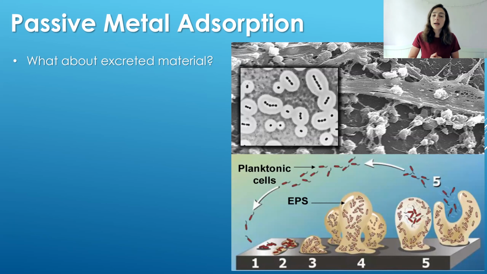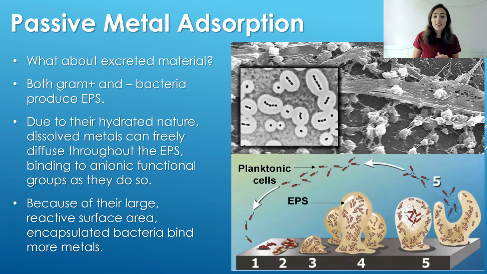But we talked a lot about how bacteria tend to excrete material like EPS, sheaths, and S layers. So how do these excreted materials help or hurt bacteria's ability to bind metals? Well, gram-positive and gram-negative bacteria both produce EPS, which, due to its hydrated nature, like we talked about earlier, allows dissolved metals to freely diffuse through the EPS, binding to anionic functional groups along the way. And because of their large reactive surface area, remember surface area to volume ratio is important for adsorption, the encapsulated bacteria, like we see here, so they're in capsules of excreted material, can bind more